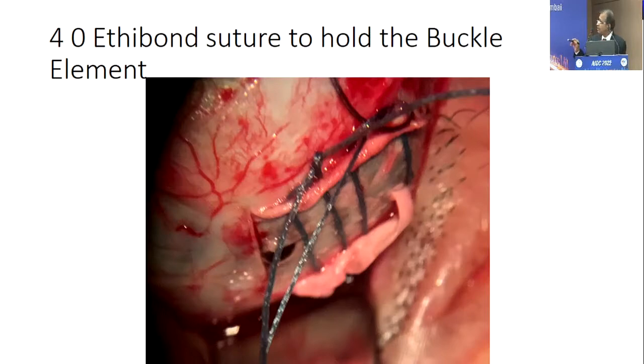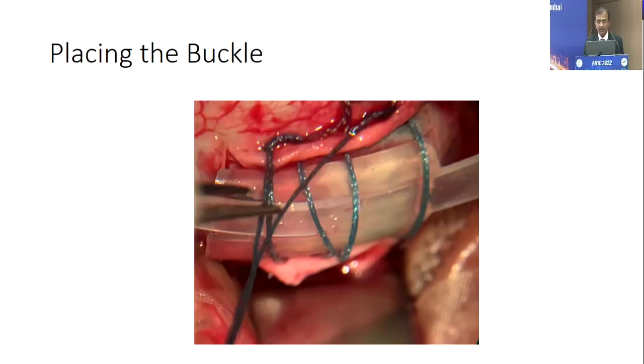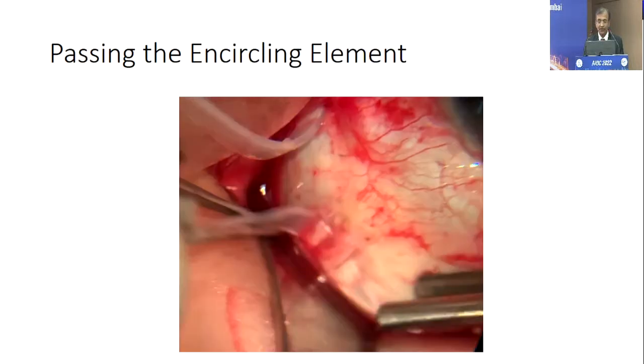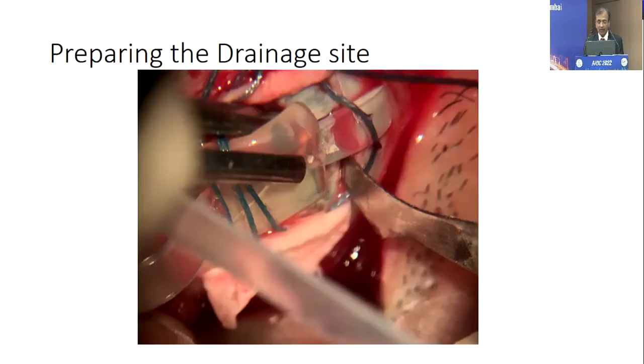Once the tunnels are made, you place sutures. We usually use a 4-0 Ethibond or a 5-0 Dacron to place the sutures there, and once the sutures are placed, you pass the main buckle with the encircling element under the sutures, and then pass the encircling element all around. Once the encircling element goes all around and your buckle is in place, then you go to the next step of